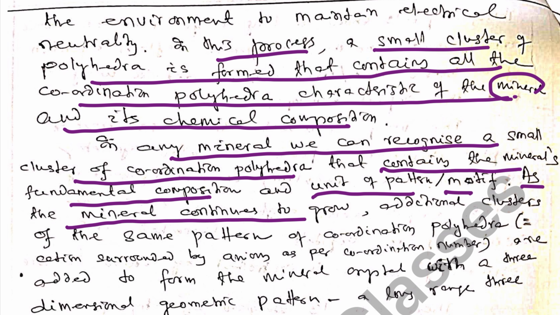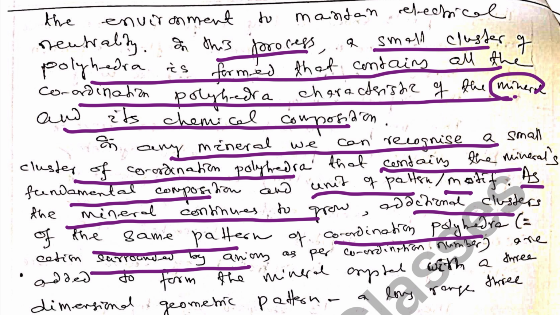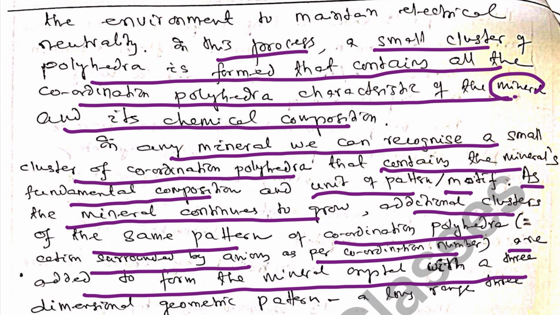As the mineral continues to grow, additional clusters of the same pattern of coordination polyhedra, or we can say cations surrounded by anions as per coordination number, develop due to addition of anions and cations, so that the crystal structure of the mineral develops